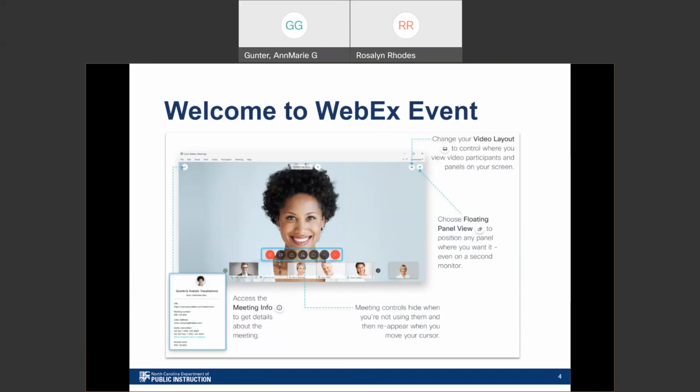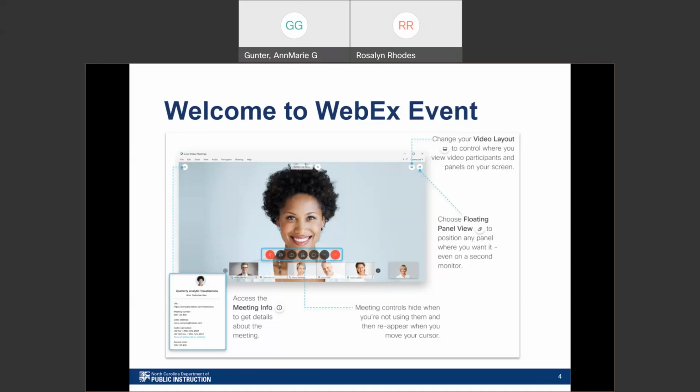Take a look at your control panel right now. It probably appears in the upper right of your screen if you're on a computer, or it should be visible on your device as well. Starting in the upper right corner, there are some buttons there that you can change your video layout. All that we're showing right now is the actual screens, the slides on our screen. And as I said before, we usually minimize the use of video just because of how much bandwidth that takes up on our Wi-Fi systems. But you can change it around.